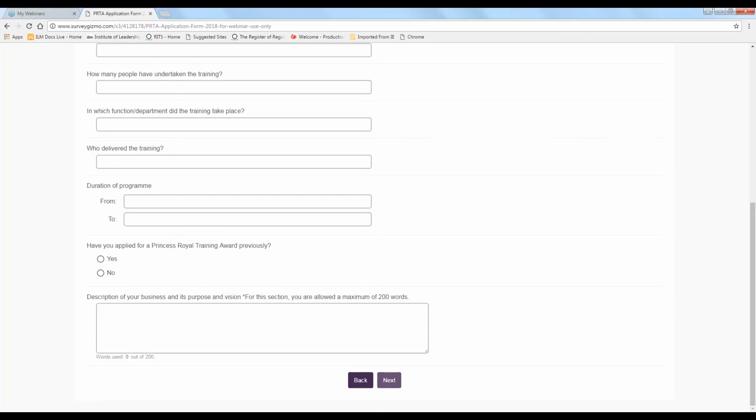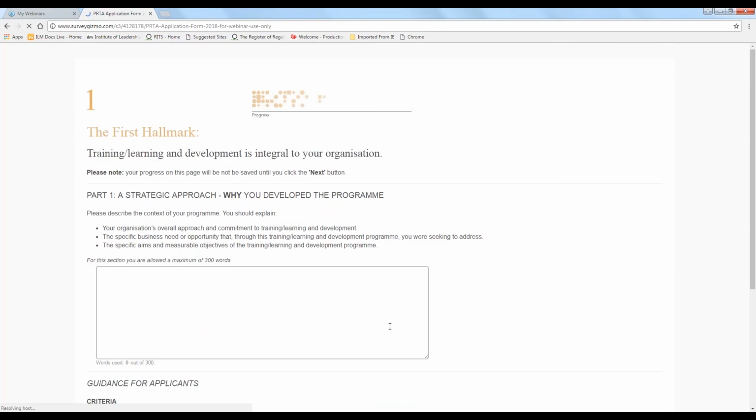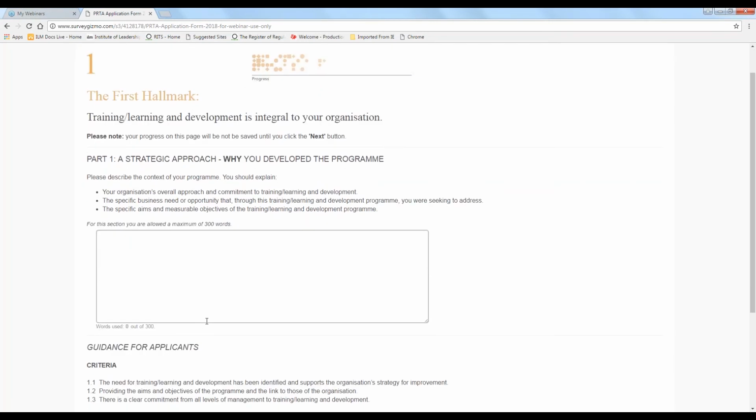So once you've done that, we then go into the core of the application. So I guess you can say the first part is sort of the scene setting part. This part is particularly useful and important to us because it helps us to understand who you are, like I said earlier. It also helps us to plan our marketing strategy. It also helps the assessors to recognize you, to know who you are as they're looking and judging your application. So to the core of the application,